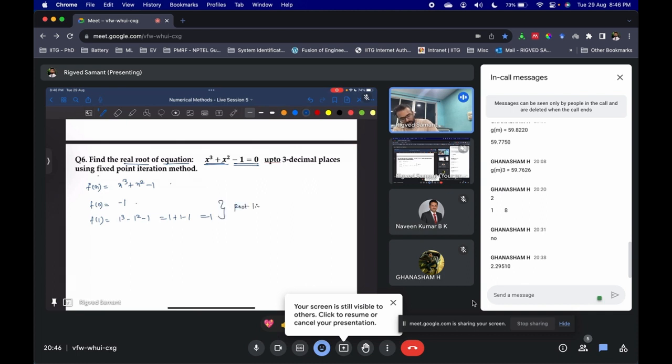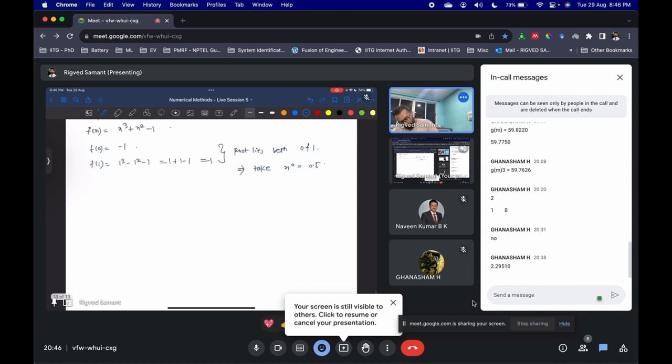So this is negative, this is positive. The root lies between 0 and 1. So let's take the initial guess x0 is equal to 0.5. Now case 1 would be